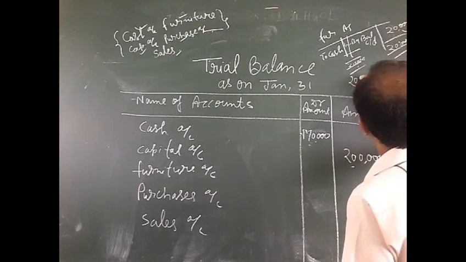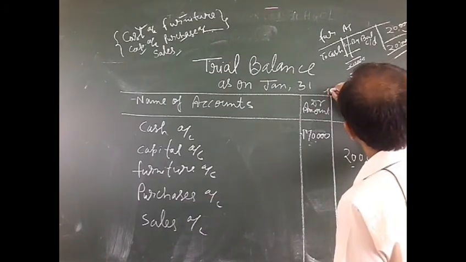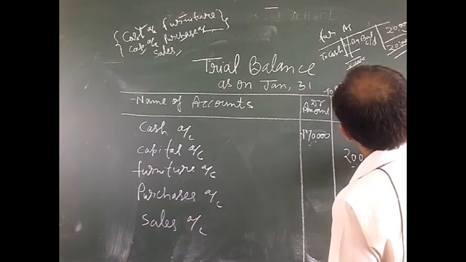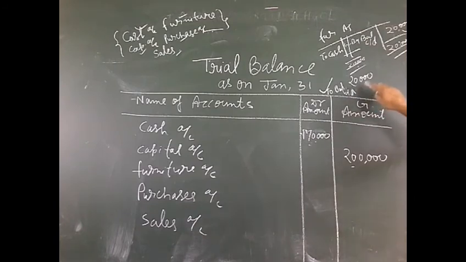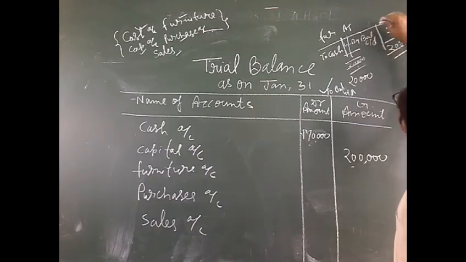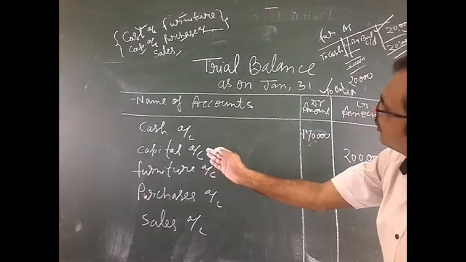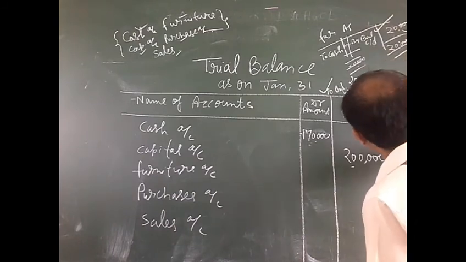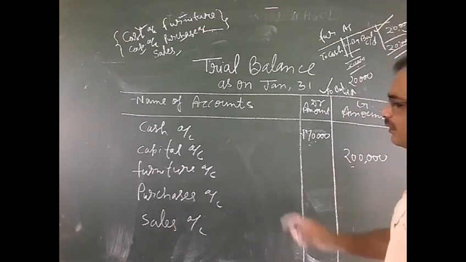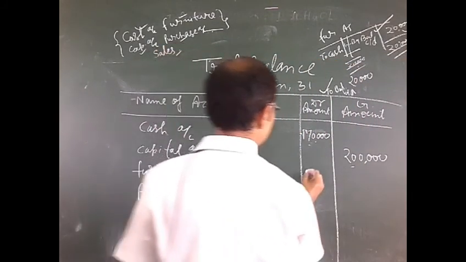On the other hand, 20,000. If you take the base balance brought down, at that time balance brought down was written in the debit side, you will write in the debit side of trial balance. It is up to you what base you are taking. If you take carried down, you will write on the other side of trial balance, and if you take the base as brought down, you will write in the same side. So we will write here 20,000 in